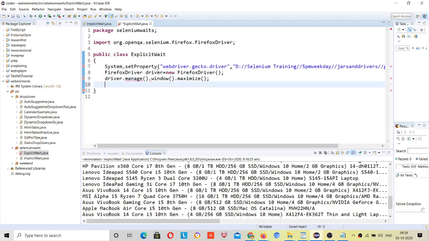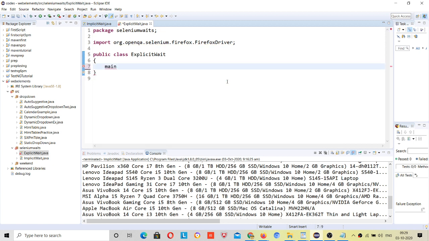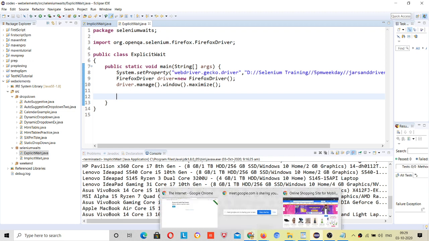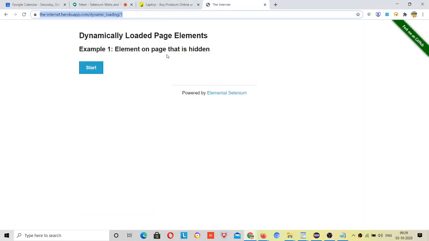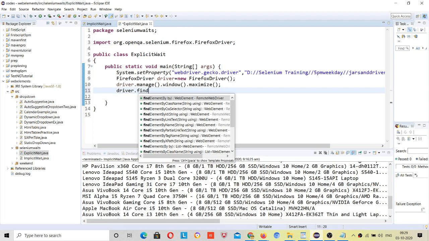Now why is this error coming? Okay, I have not used it inside the main method. This should be inside a method only. Now I will move to this URL, driver dot get.